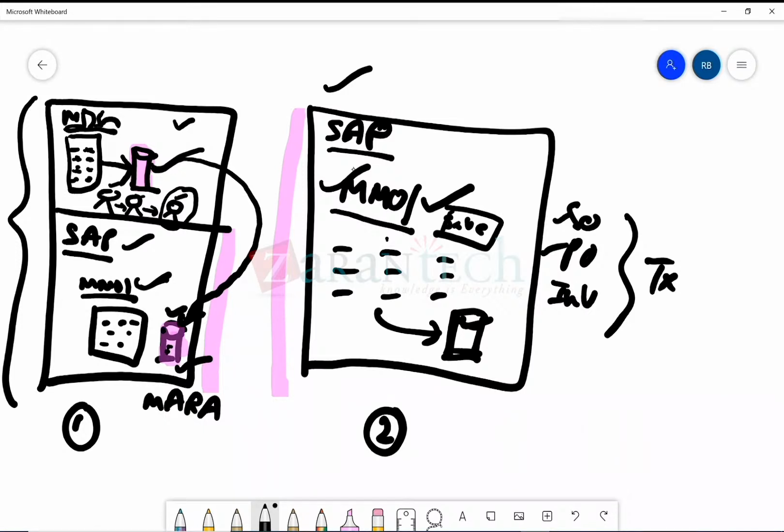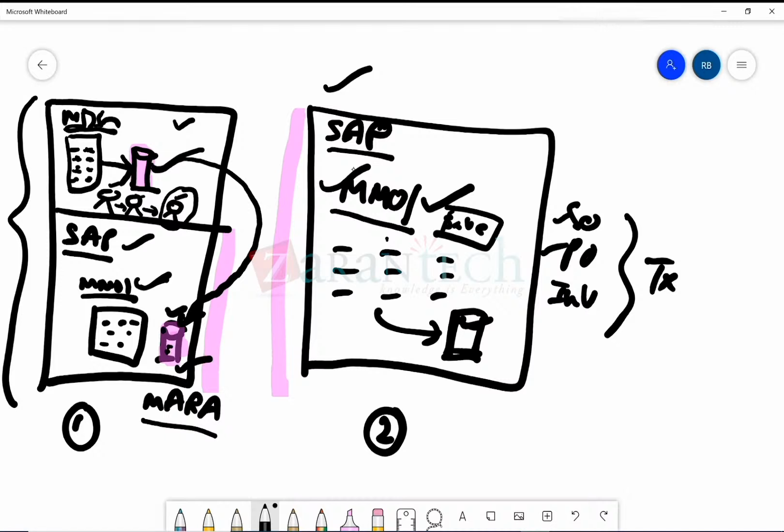So that is the time that the data will be created. It will be read from your staging table. Basically, the record that is there in the staging table will be moved from your staging table to the actual MARA table. Now, if I create using SAP MM01 transaction, it directly gets created in the MARA table, whereas if I'm creating via MDG, the data will initially be available in my staging table. And after that, after all the reviews are done, that is the time the data will get created in